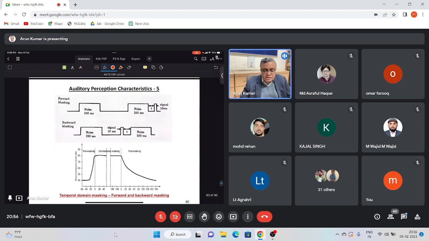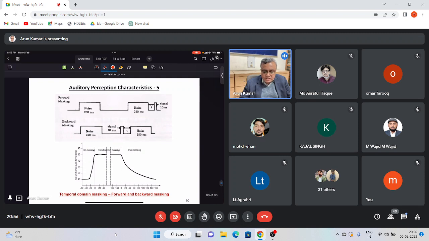And the last important characteristic that I want to mention is that masking is not only a frequency domain phenomena, but it is also a time domain phenomena. So here I give examples of forward masking and backward masking. So what is forward masking? If there is a noise which extends up to a certain time, as shown over here, and there is a signal which comes a short time after that,